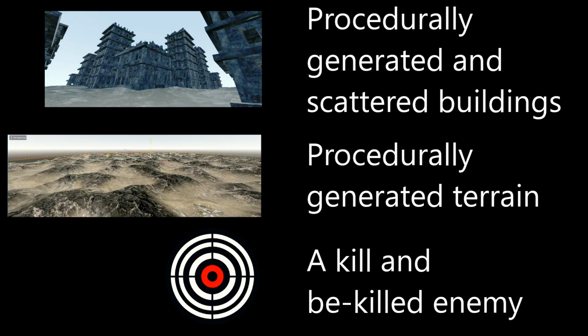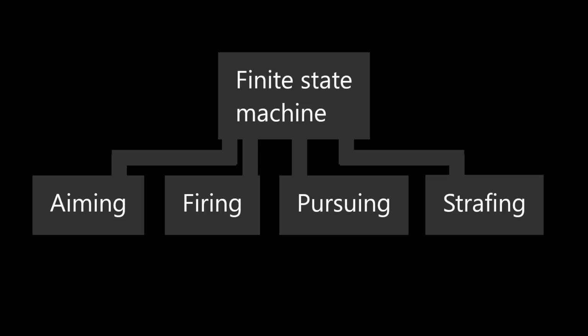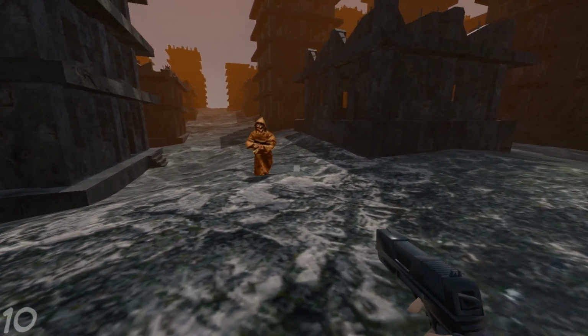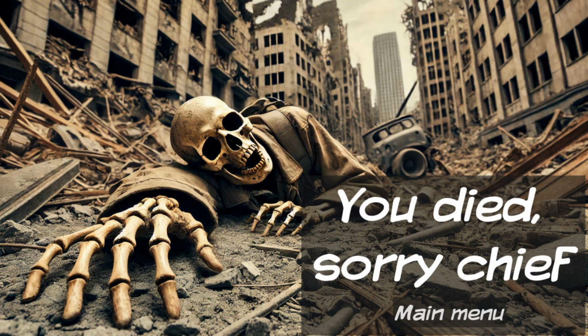An enemy that can be killed and can kill the player. Fair enough. The Doom-style billboard sprites are a tech that's very nearly, if not very actually, 30 years old. However, the Shotgun Monk has a fairly sophisticated shotgun projectile attack, which fires buckshot in the player's direction, a fairly sophisticated behaviour tree, thanks to the finite state machines. And to be honest, you're not going to see the fairly janky graphics of the sprite too close up because the shotgun's a spicy meatball that can take you out with 2 or even 1 shots.